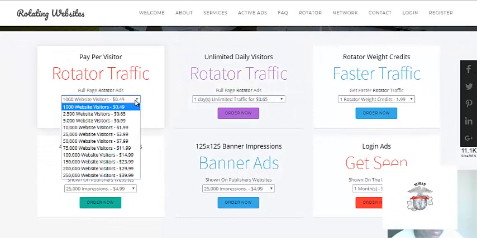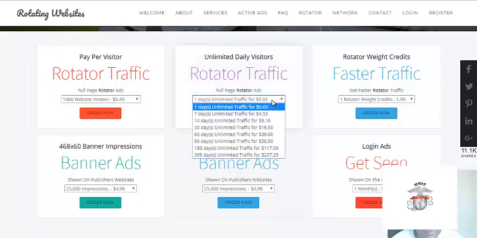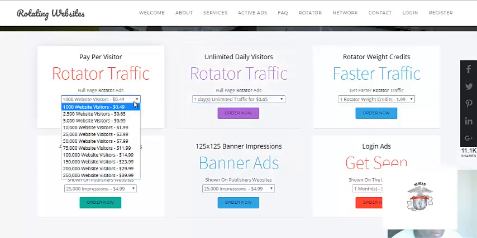You can get 1,000 website visitors, 25,000 website visitors, 50,000 website visitors for $7.99, which is pretty good. 100,000 visitors to your website for $14.99, or you can advertise for 30 days for $19.50. That'll give you 30 days of unlimited traffic for $19, and I think that would be a better bet,